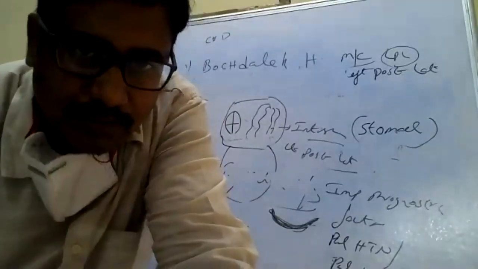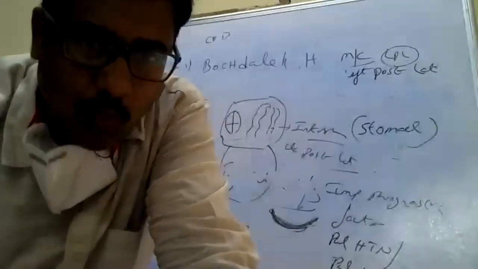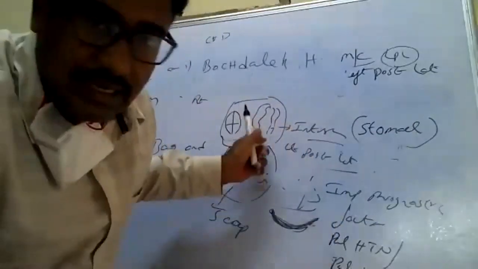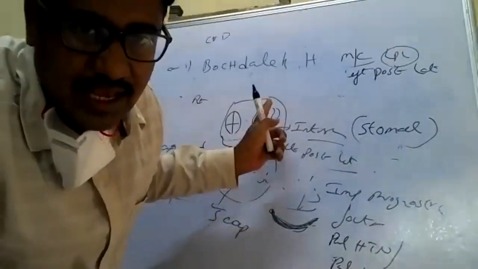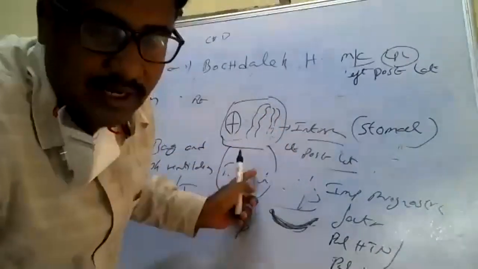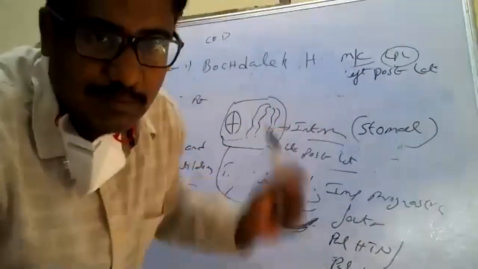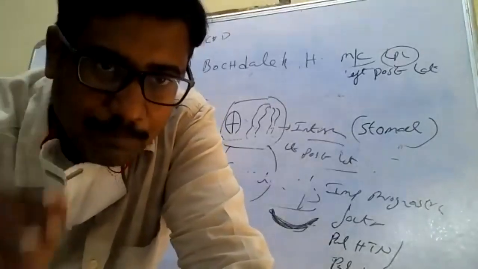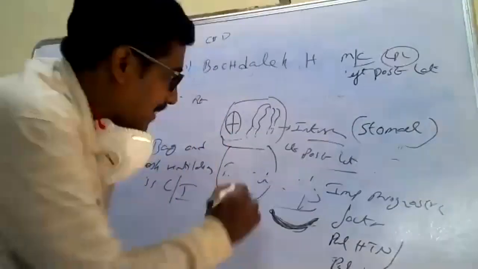After that, we'll plan for a surgical treatment. What surgical treatment will we do? We'll remove the intestines or gastric contents from the thorax, push them into the abdomen, and close the defect. What is the name of the defect? The defect is the pleuroperitoneal tunnel. We'll close the pleuroperitoneal tunnel by keeping a mesh.